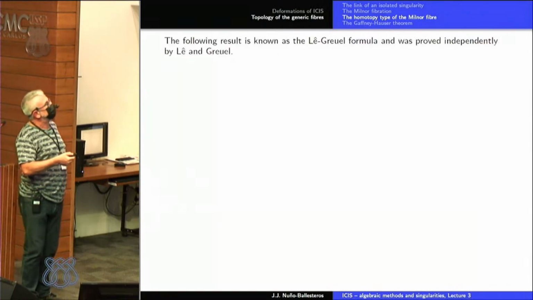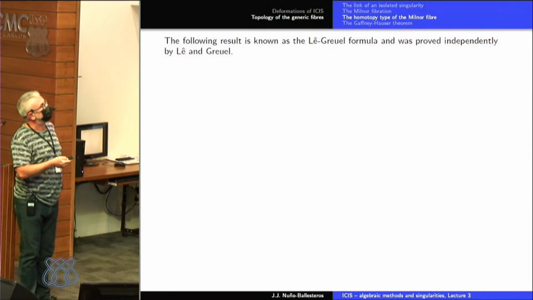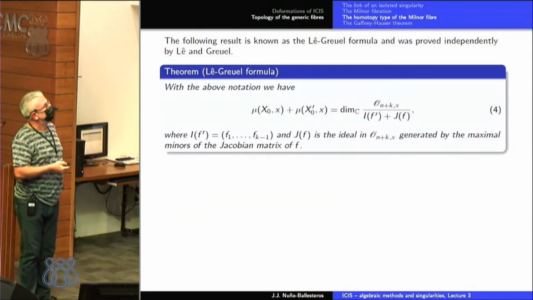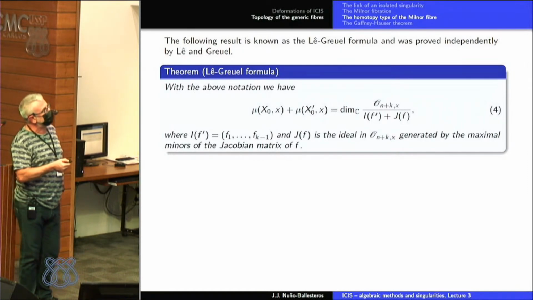Then with these conditions, we have the following result, which is known as the Lê–Greuel formula, because it was proved independently by Lê and Greuel. And it says that the Milnor number of the ICIS X0 plus the Milnor number of the ICIS X prime 0, which is given by the first k minus 1 components, is equal to this dimension. This is the dimension as a vector space of the quotient of the